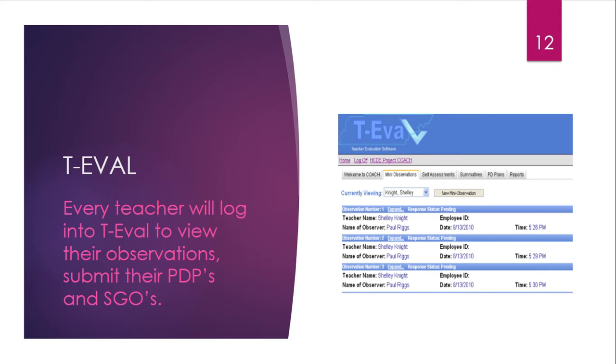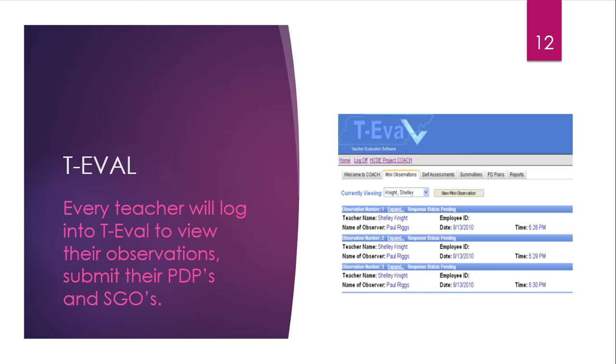I said before. So T-Eval, this is the system that we use. This is the platform for our observations. And you will be getting a login for T-Eval. This is where you will look at all your observations and be able to comment on them.